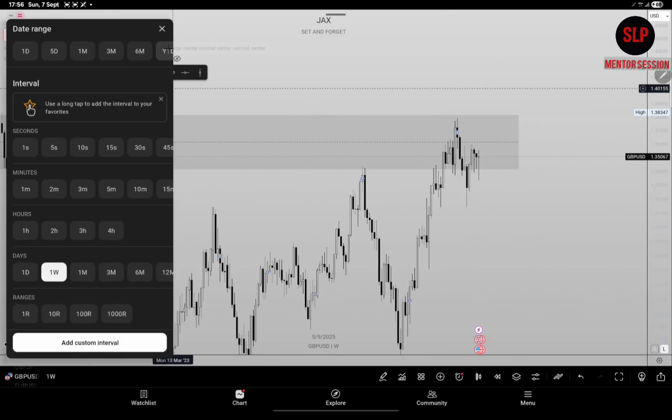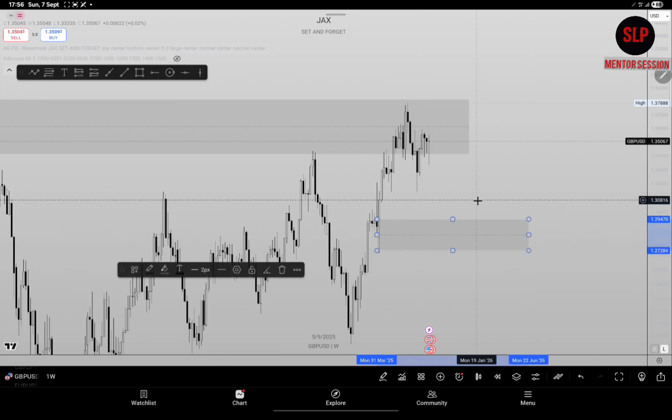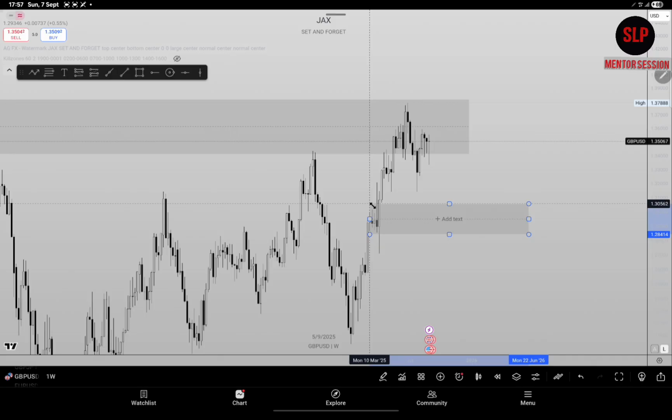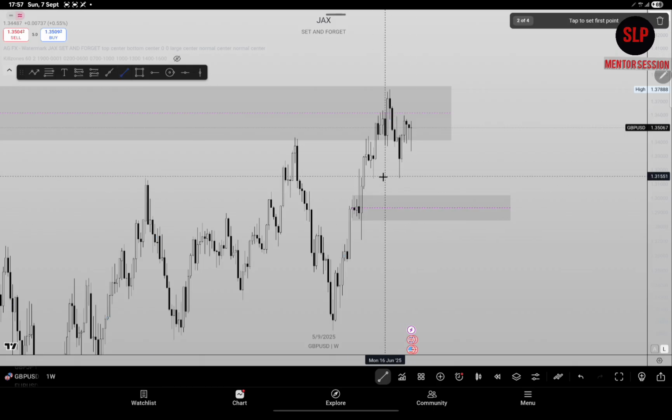The kind of bearish intent I'm trying to project: price will actually use this point of interest right here to push to the upside. Price will use this point of interest to push back to the upside. So price will definitely come here. I'm almost sure that price will come to this point of interest. We'll use this over the double bottom. It could use this liquidity and come to this point of interest right here to continue pushing to the upside.